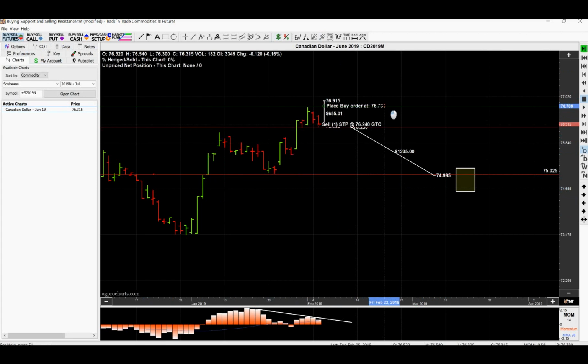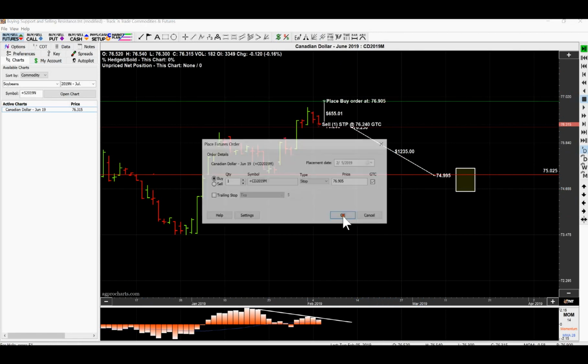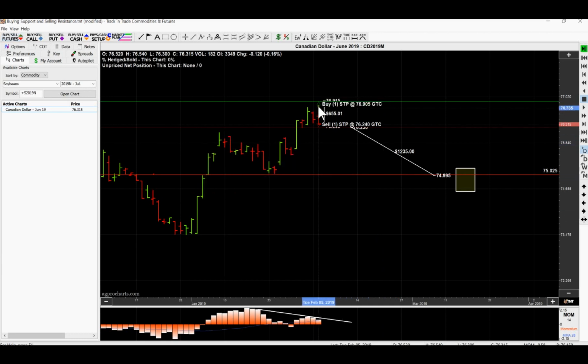And we're going to put a protective stop up here, a little bit higher than that. We're going to put a protective stop here in case that market does rally some. So we're going to buy it back if we get filled. Now, if we don't get filled, I'm going to remove that until we do get filled,